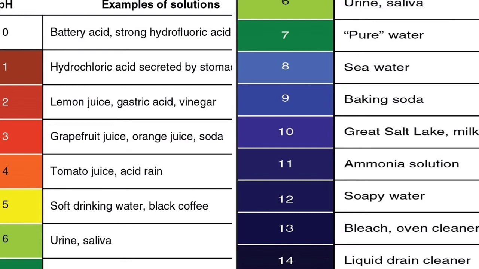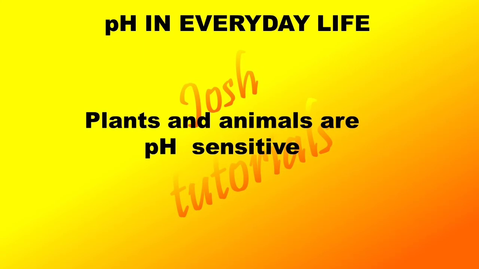Fresh milk is in the range of 6.5. If you preserve the milk, its acidity increases with time and it gets spoiled. So generally, a milkman adds a very little amount of baking soda to fresh milk and makes it basic, so as to increase its time of spoiling. This type of milk, which is alkaline, takes a long time to set as curd compared to natural milk. pH plays an important role in our daily life.